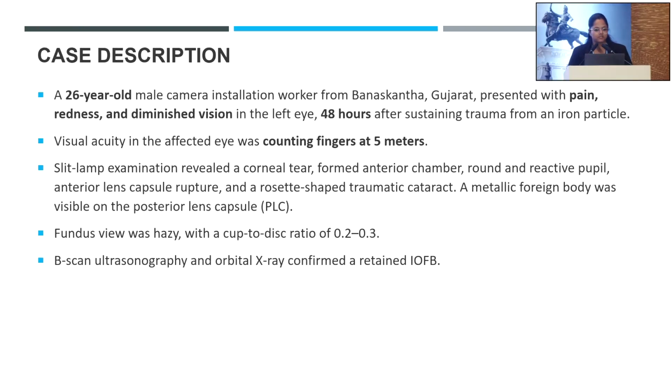The case description is a 26-year-old male camera installation worker from Banaskantha, Gujarat, who presented with pain, redness and diminution of vision in the left eye 48 hours after sustaining trauma by an iron particle. Visual acuity in the affected eye was counting fingers at 5 meters, and slit lamp examination revealed a corneal tear, formed anterior chamber, round and reactive pupil, anterior lens capsule rupture, and rosette-shaped traumatic cataract. A metallic foreign body was visible on the posterior capsule. Fundus view was hazy with a cup disc ratio of 0.2 to 0.3,